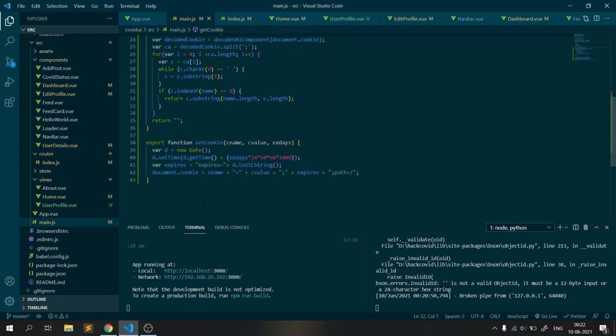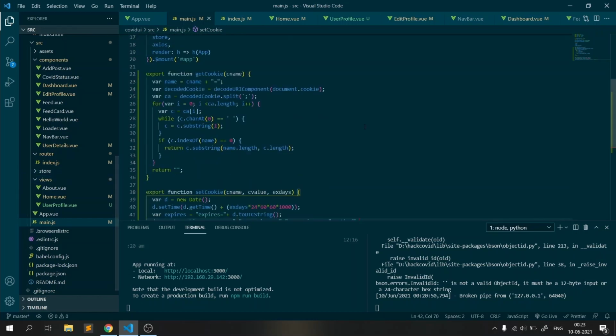And for every cookie that you initiate, you have to use document.cookie equals cname, which was our cookie name, equals cvalue, then expires with the expiry, and the path here specifies the URL path that the cookie belongs to, right? So this is generic code. It will be available in the description below, so you don't have to write it down, don't worry.